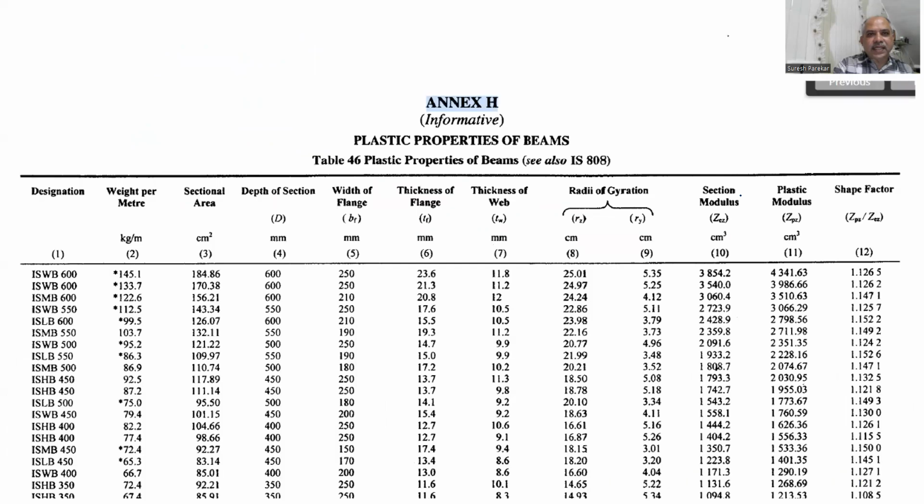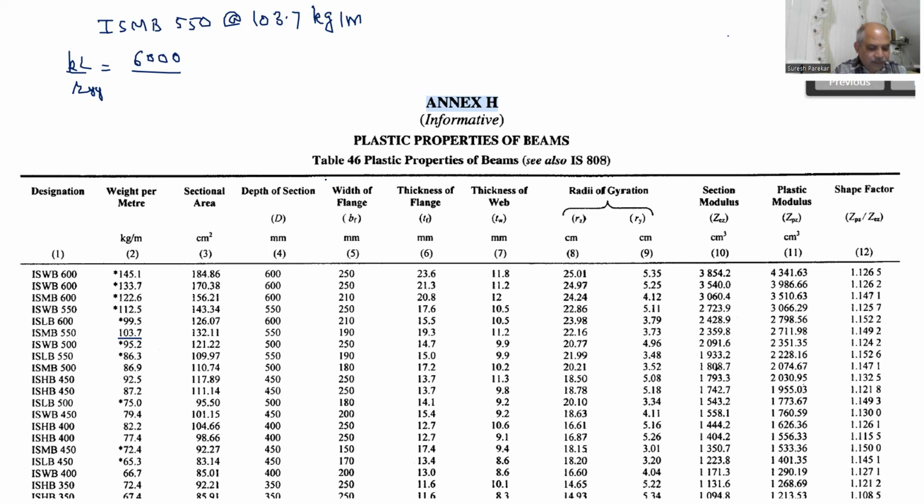So we have to revise this section, and now I have considered the section ISMB 550. Now we will go into a little bit of detail. ISMB 550, you can see over here, is 103.7 kg per meter. Now we have to go into detail. Then we have KL upon R, that is 6000 upon ryy. You can see over here we have